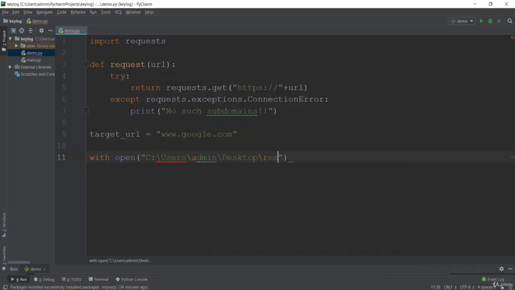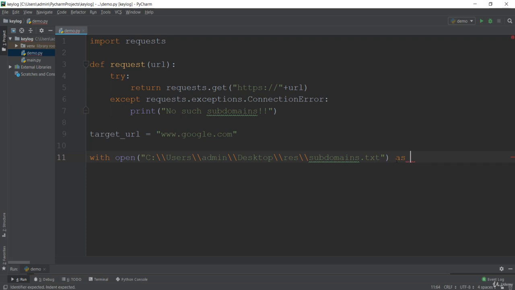So if I just paste this down, and now we have to have this subdomains.txt, which is the file. But if you see here, it is going with some error, so that means we have to give the double forward slashes in the case of Windows and the backward slashes in the case of Mac, and it will work fine in the case of Linux. You don't need to add anything in the case of Linux.